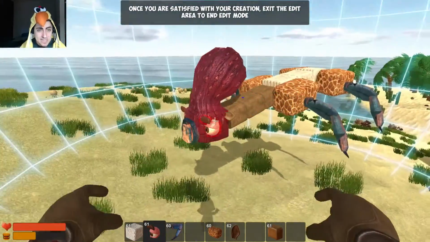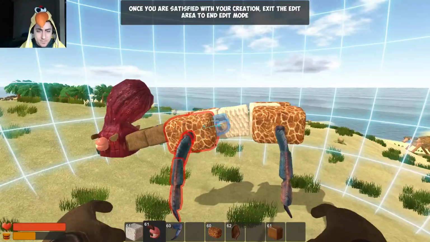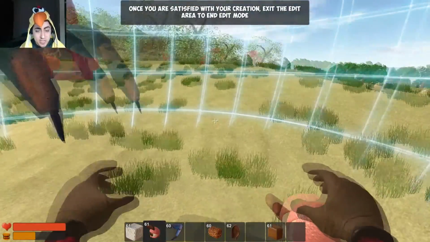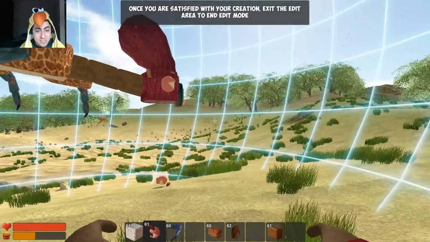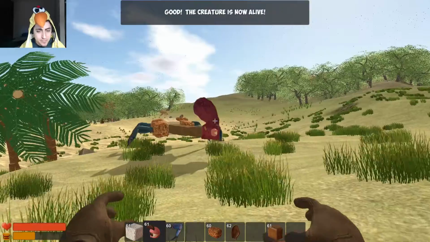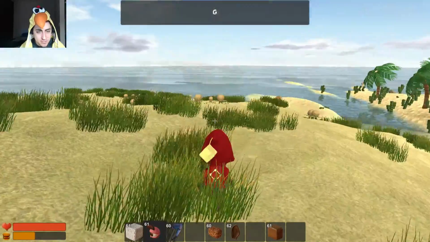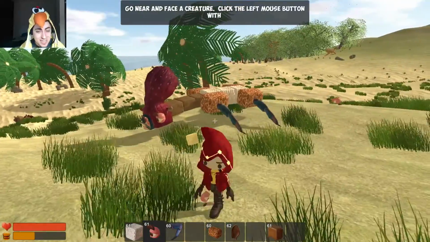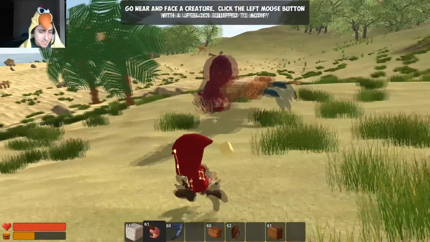All right, so yeah, I think I'm a little satisfied with this. I don't know, maybe I'll put something up top. I'm not really sure yet, but to bring it to life, all you have to do is exit the sphere, and there we go. I'll drop down too. So, there we go. Your creature is alive, and like I said, it has its own,